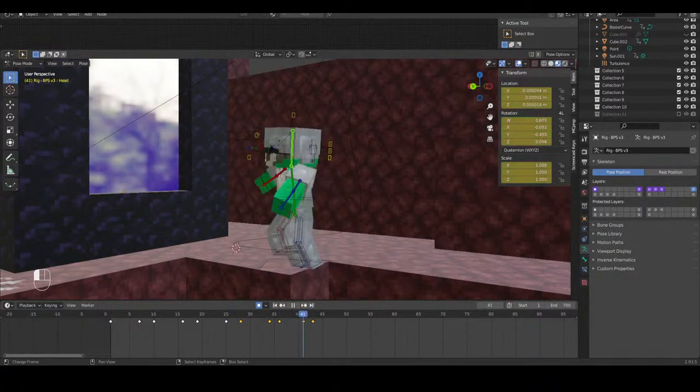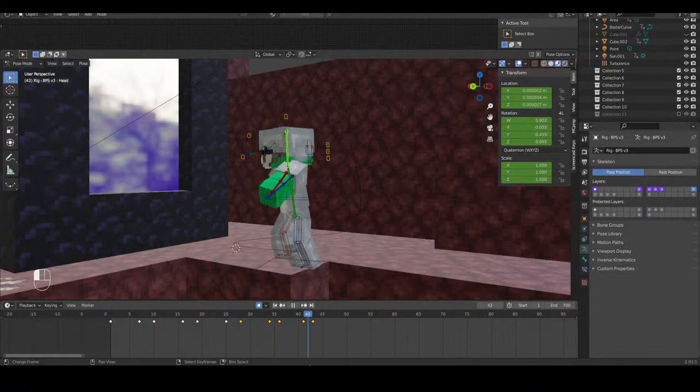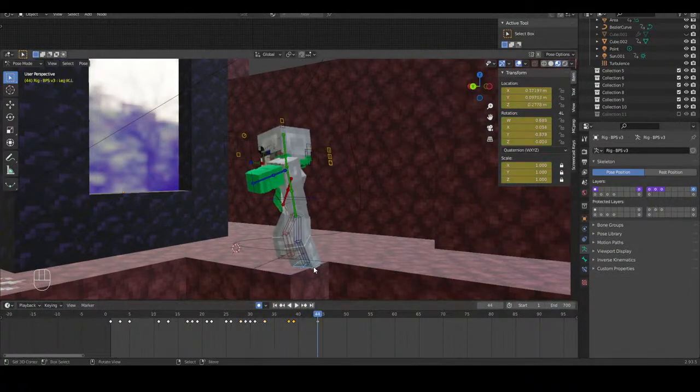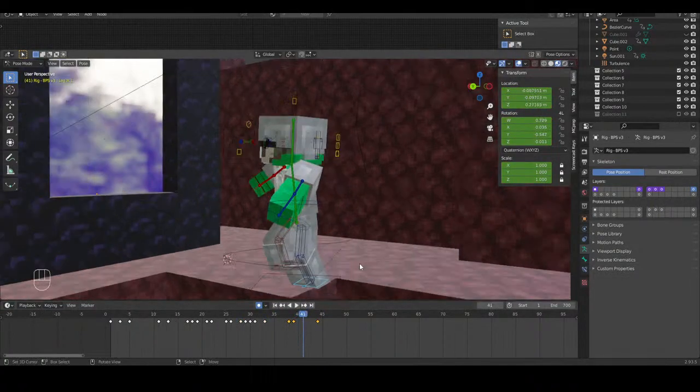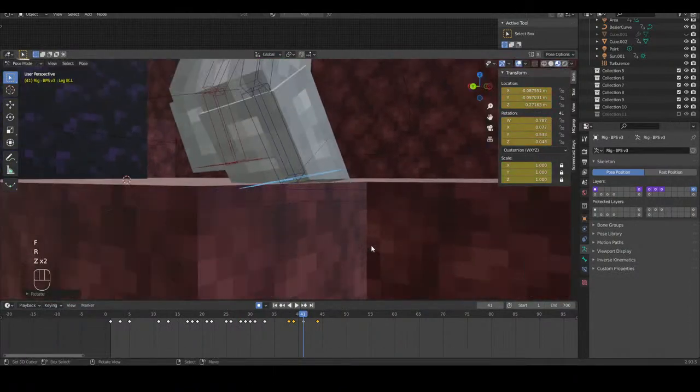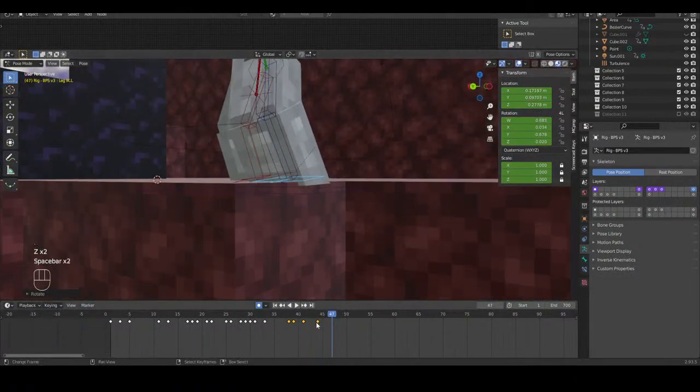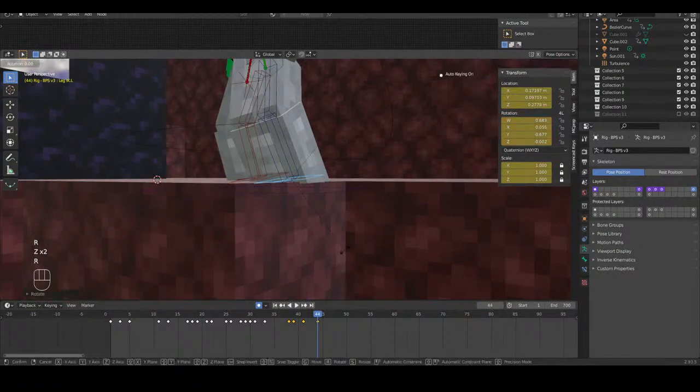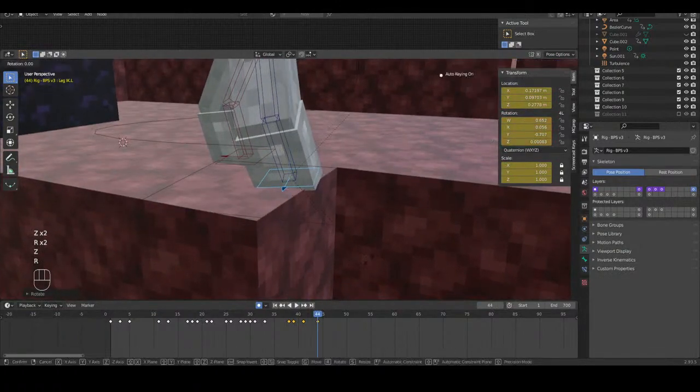He's still floating. He's still floating. I might have to do a bit more work on the legs when I want to make a good animation. So yeah, sorry if this is kind of boring, but